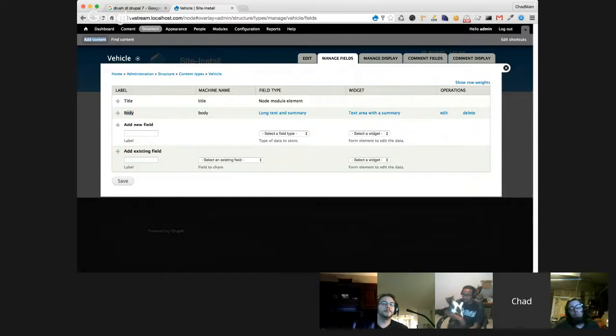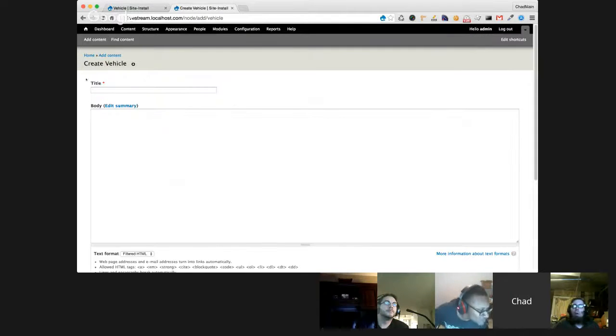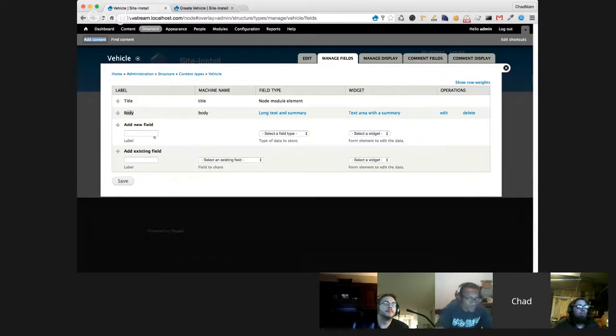You can see this if you click add content and click on vehicle, there's a title and a body. But the powerful thing about Drupal is that it has a built-in field system. So you don't have to program fields or properties on your content types. You just add them into the GUI itself.